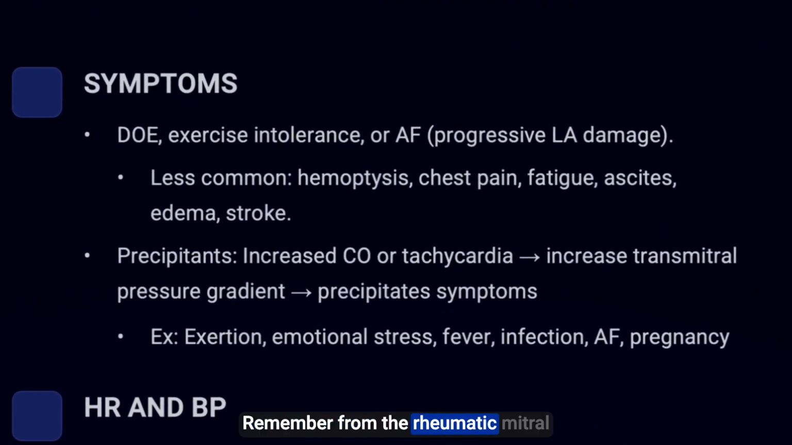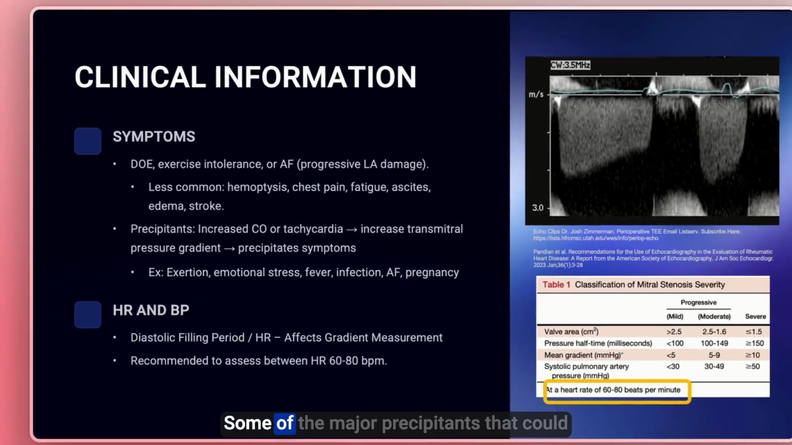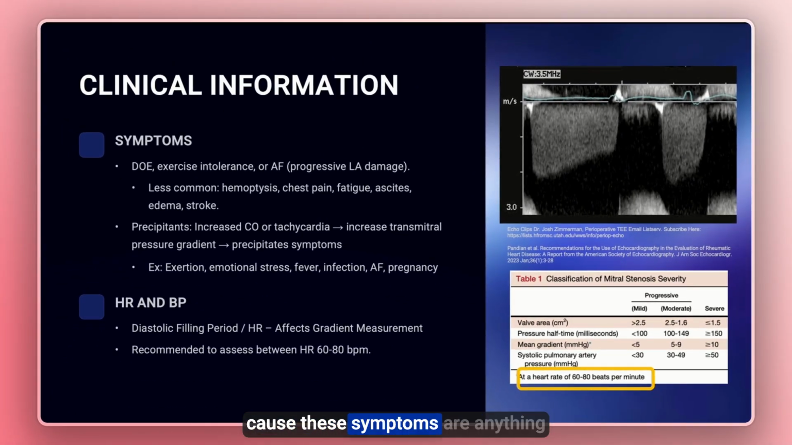Remember from the rheumatic mitral stenosis intervention algorithm, symptomatic versus asymptomatic is an important differentiator in the treatment algorithm. Does the patient have dyspnea on exertion, changes in exercise tolerance, or new onset atrial fibrillation that could indicate progressive left atrial damage? Some of the major precipitants that could cause these symptoms are anything that could cause an increased